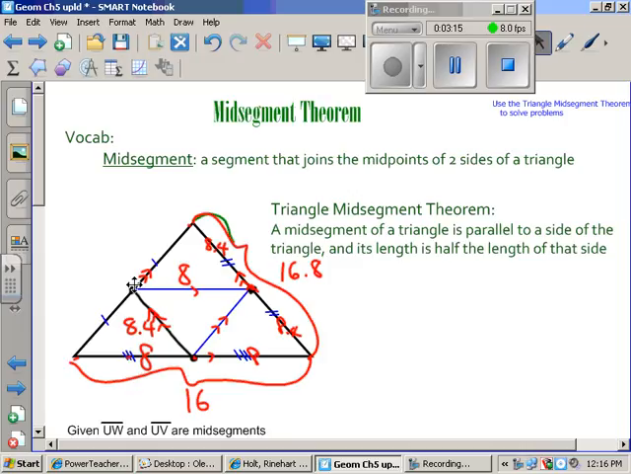The first one is that they're parallel. The second one is that they're half the length of their parallel side. Okay? Those are the two characteristics. The midsegment is parallel to its opposite side, and it's half the length of its opposite side. All right? And then if you think about it,